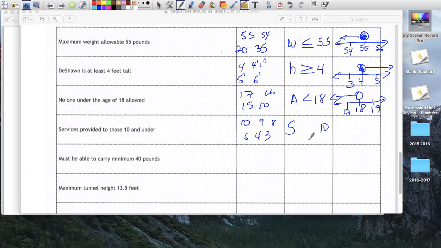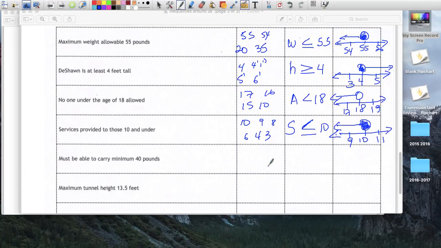So compared to the age of 10, if you're under 10, you get the privilege. And if you're also equal to 10, you get whatever services, face painting, whatever it is. Okay? And to show on a number line, the inequality, 10, 11, 9. So you want to show all the people who get this service. So it'd be the kids who are 9, 8, 7, 6 who are on this side, and the kids who are also 10 years